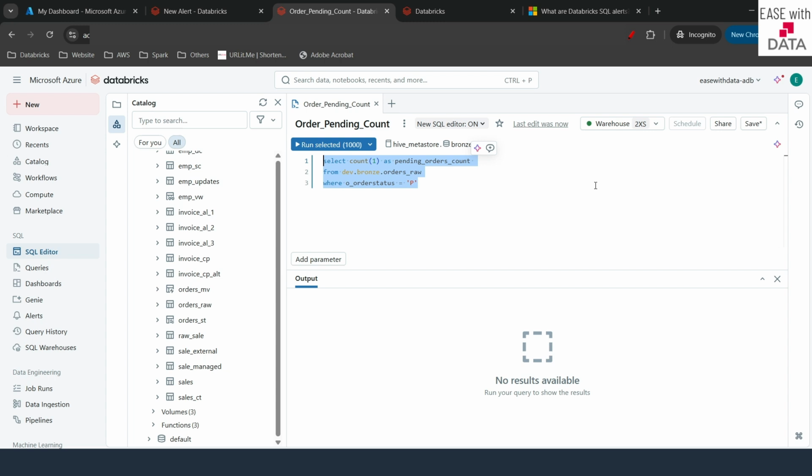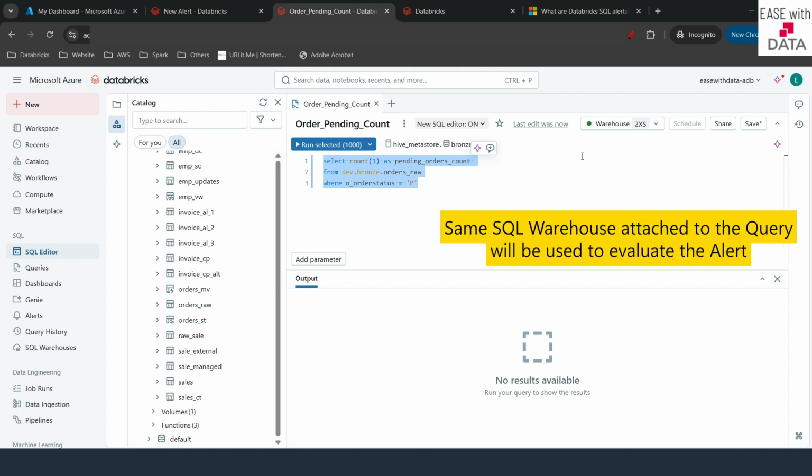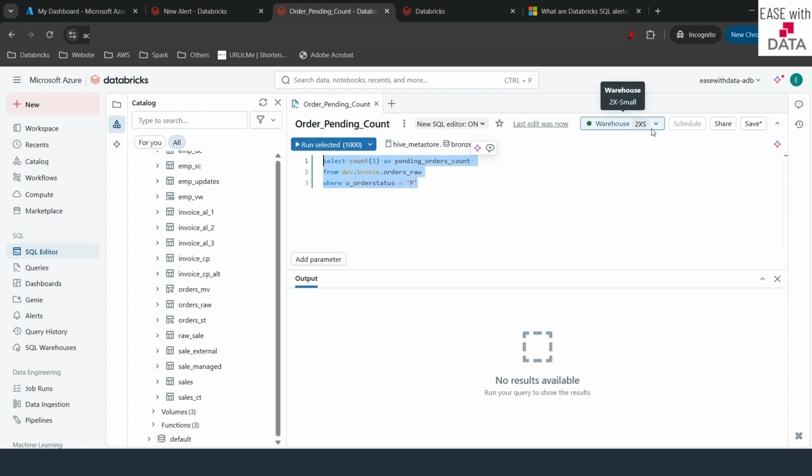Okay, now one thing to notice is I've already connected the warehouse here. So this is the warehouse that would be used in order to run this query in the background, get the result and trigger the alert. This is the same warehouse that would be used, whatever is attached to this particular query. Okay, so let's just validate this first. So I'll just click on run selected,